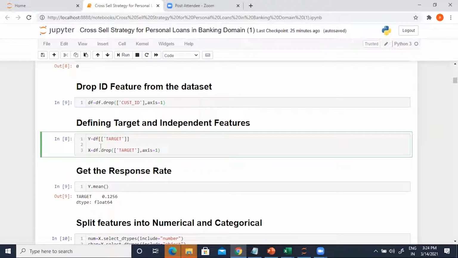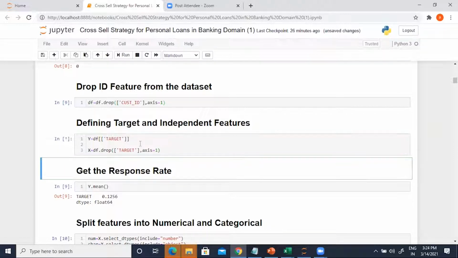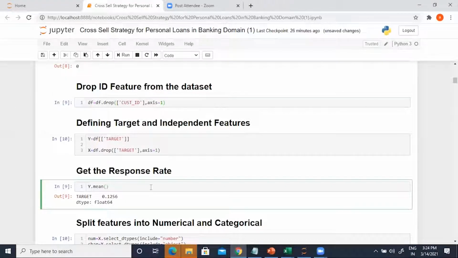So I will drop the target from the DF data frame to create a data frame called X, and I will keep only the target feature from the DF data frame to create a data frame called Y. That's how X and Y will get created. Very simple. Is everybody okay so far? Yes.